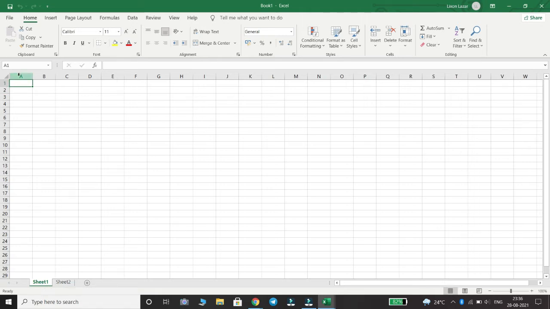For this, step 1, select cell A1 in sheet 1 and type an equal to sign. Step 2, click on the sheet 2 tab. Step 3, click cell A2 and then press the enter key. Sheet 1 is active now. Step 4, select cell A1 and you will see that it contains the formula.